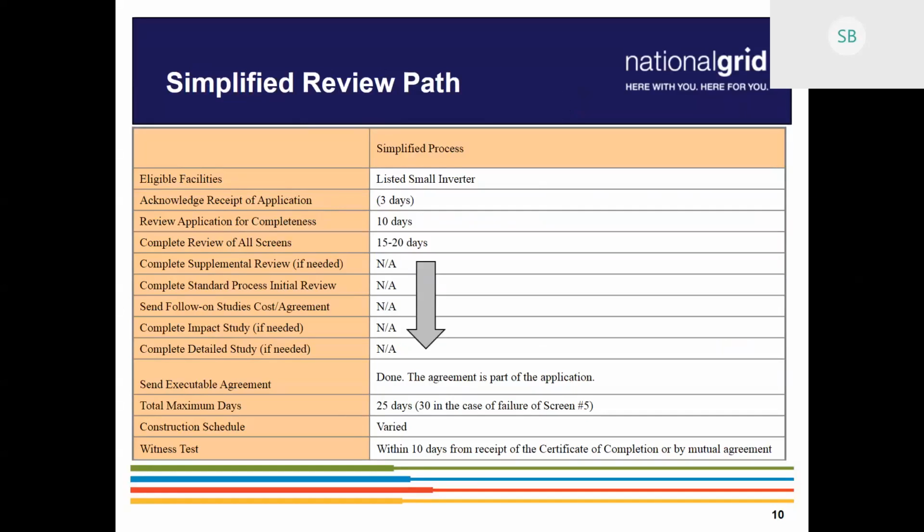Once that application is submitted, everything's there, and signatures are complete, you will get a confirmation email, which is that first acknowledgement of receipt of the application, within 3 days. Essentially, our portal is going to say, okay, everything's here, it's going for a review, and you get that email. It's very helpful if you're using the e-signature with the customer, so you know they've signed it once you get that email.